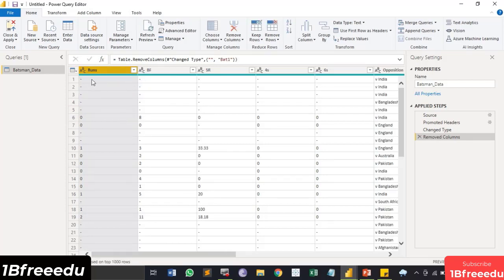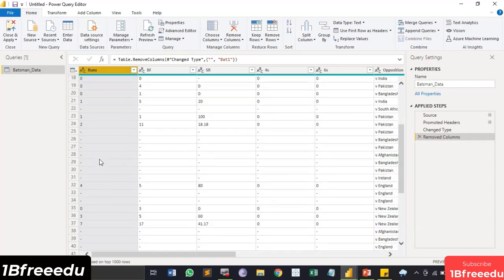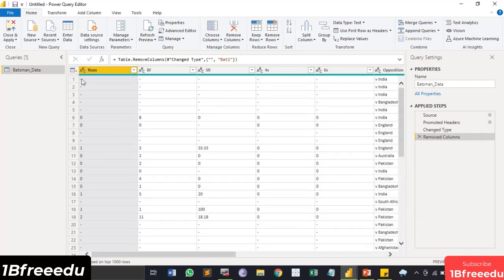Now the second is this runs column, which tells us how many runs the batsman has scored. You can see there are hyphens present here as well. That means the batsman did not bat in that particular match. So what we are going to do is replace these hyphens with a 0, because if the batsman did not bat, that means he scored 0 runs. We just want the sum of the runs that the batsman has scored. So for this, 0 would essentially work well for us. Similarly, for this BF column, that is the balls faced column, wherever the hyphen is there, I would be changing it to zeros. Okay.